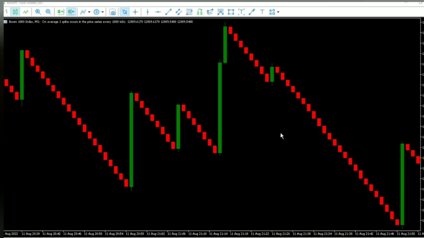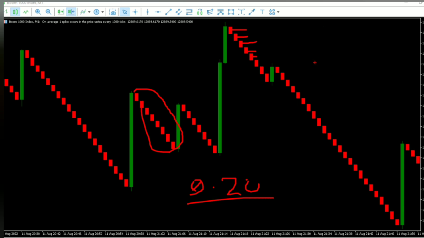Now, here is what happens on boom and crash with most people. We know that these small tick candles give you 50 cents per standard lot size, right? But if you have a $20 account, what you would do in the first place is place a minimum lot size, which is, let's say, 0.20. On a 0.20 lot size, these small candles are going to give you a very small profit. So you are trying to scalp like 5 candles here, and each candle is giving you a very small profit. Once you close the trade after like 5 candles, you are going to have like 80 cents, like $1